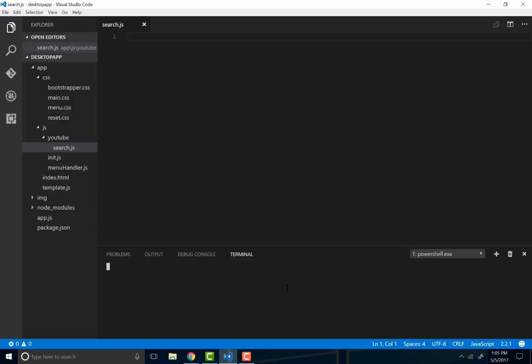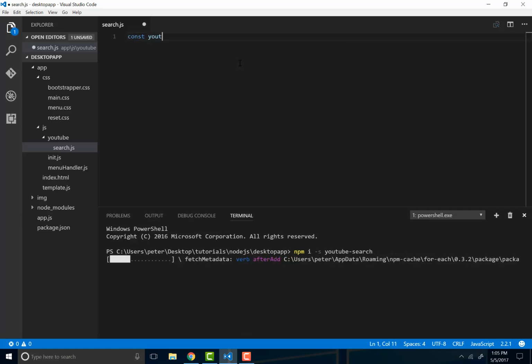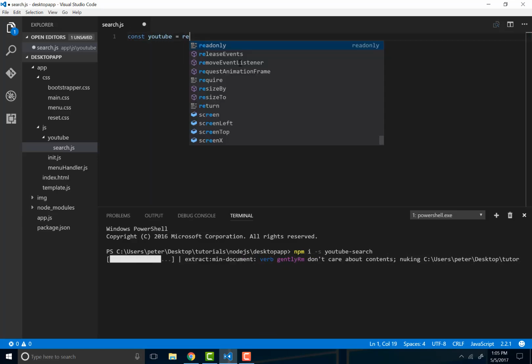So just open this terminal. If you don't know how to open it, it's Control and tilde. Alright, let's do npm install save YouTube search. Do that, and then in here I'm just gonna do a new constant, name it YouTube, and set it equal to require